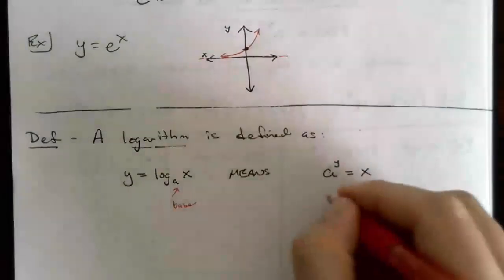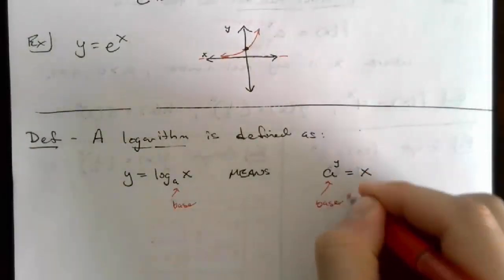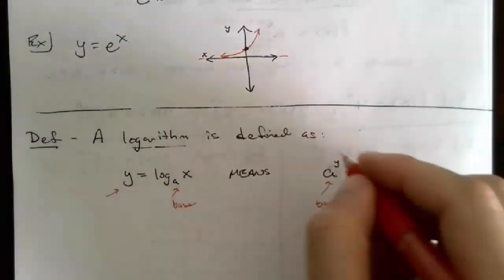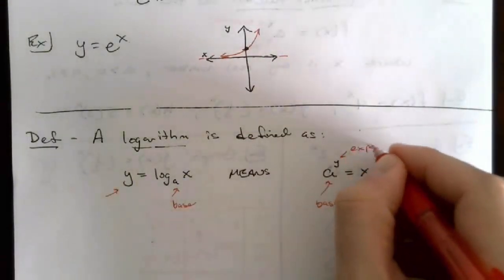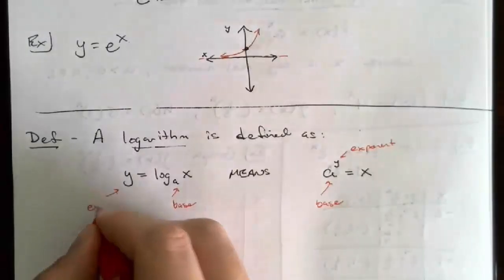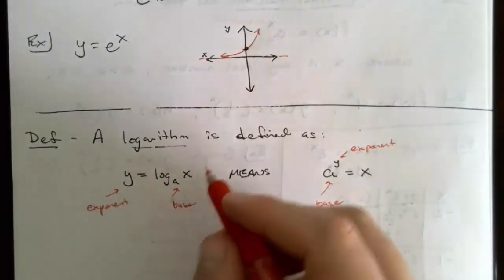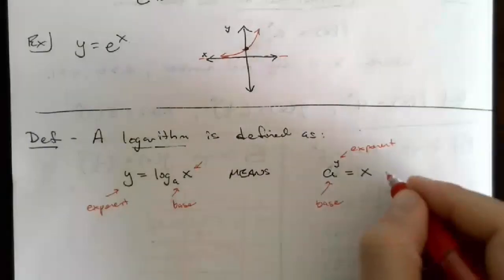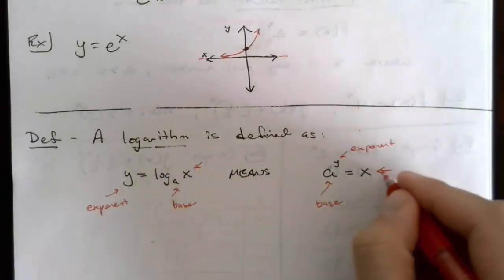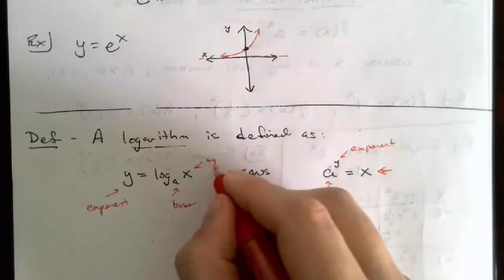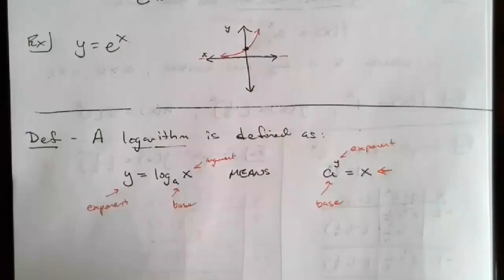So this base a is telling you to rewrite it as a base here. This y here is telling you that that's going to be the exponent. So logs are always equal to exponents, and then this x, right, that's going to be what you're equal to. Right, this is what we would call the argument for the log,